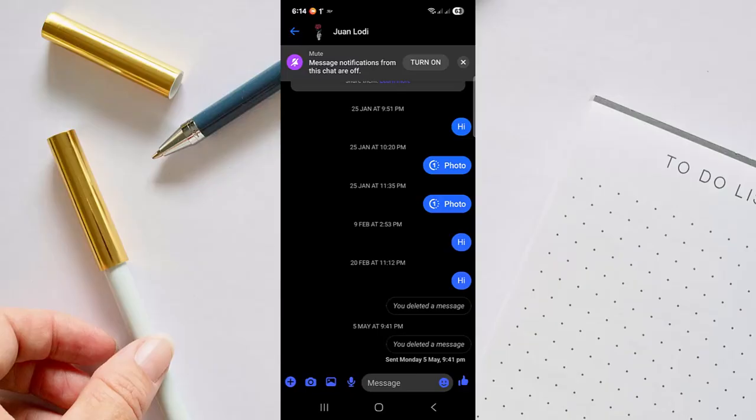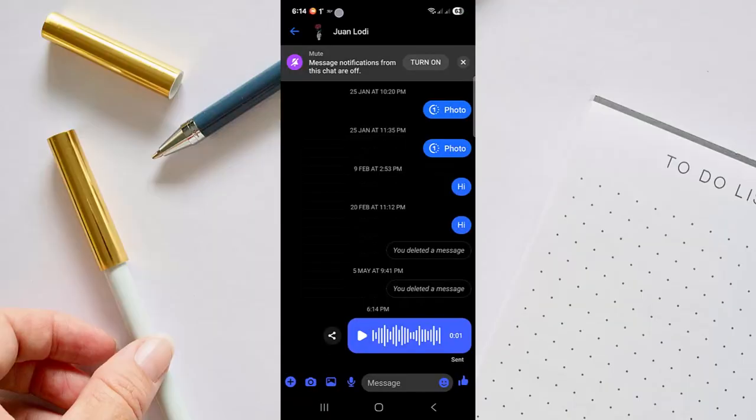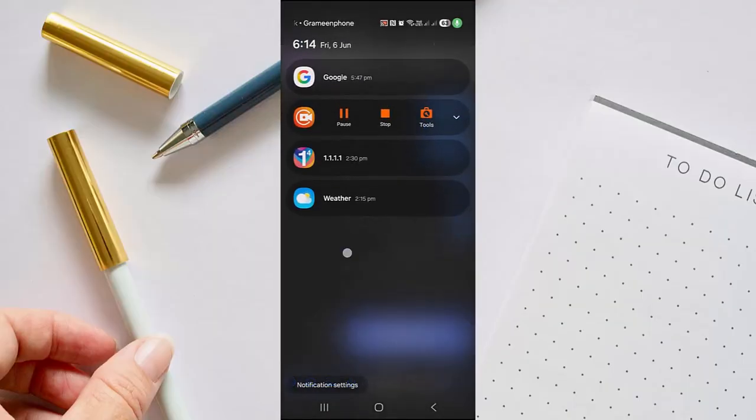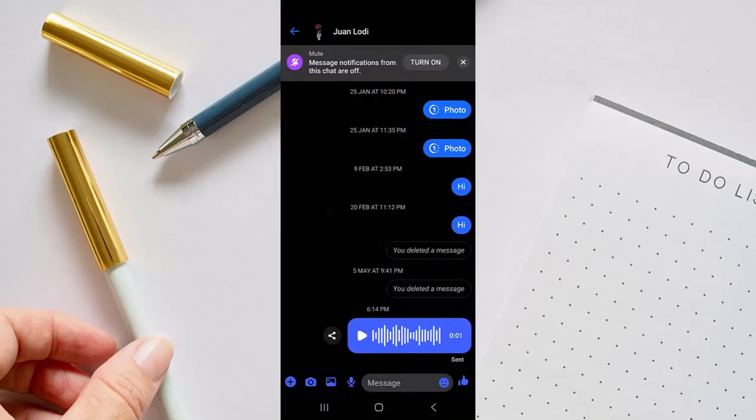And then there's another idea you can use. Just use your phone's screen recorder to record the voice, and then you can keep it on your phone. So yeah, these are the two ways with which you can download Facebook